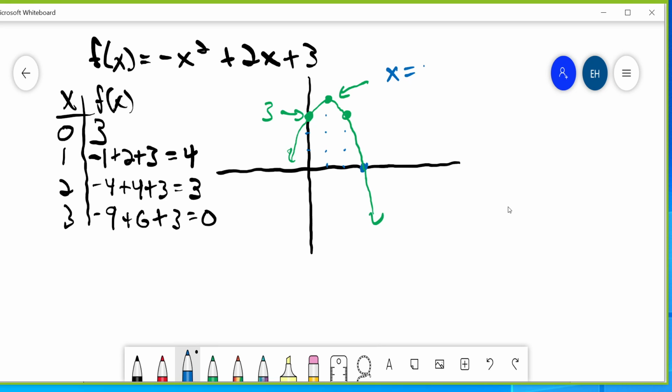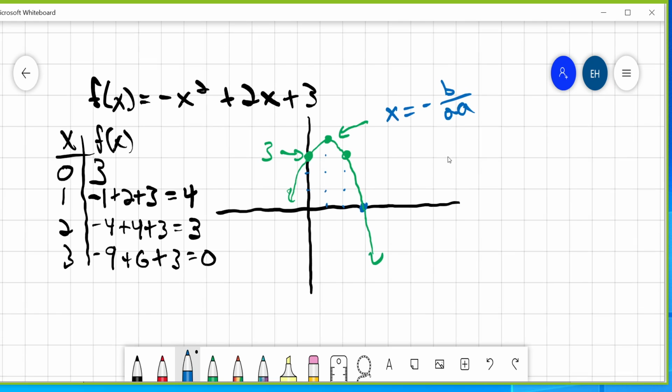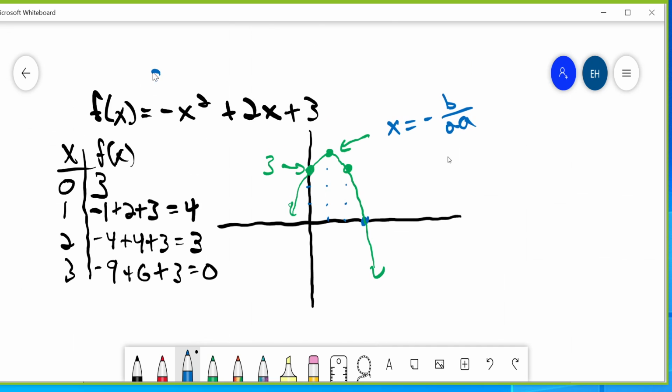X equals negative b over 2a. Plug in our b value. A is negative 1, B is 2, C is 3. Plug in negative 2 over 2 times negative 1. That's negative 2 over negative 2, which is 1. So we see that the line x equals 1,